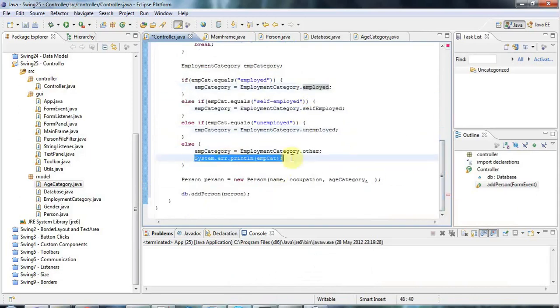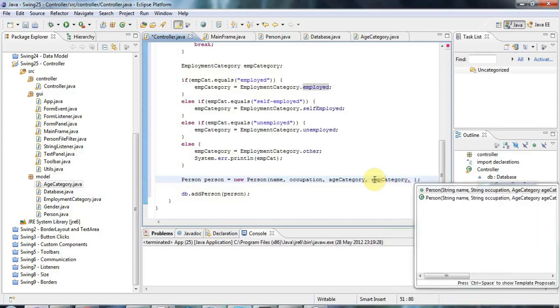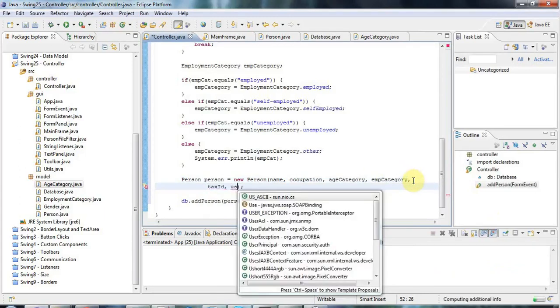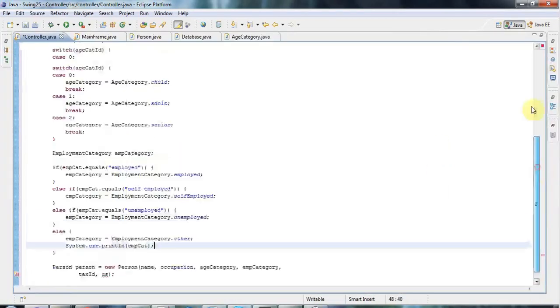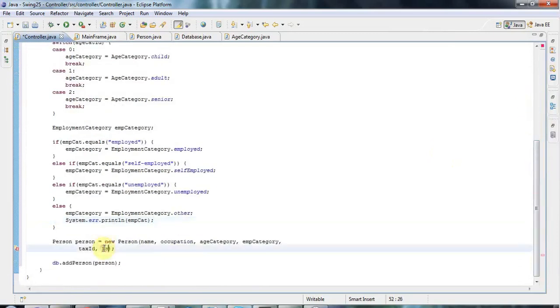So System.err prints kind of red text down here in the console. And now I can add empCategory to this constructor, and let's take a look at what else I need in here. So I've got employment category, tax ID, US citizen, gender. So let's have here taxID, US, let's see what I called it up here. Let's maximize the editor with Control M, and I called it isUS. So let's put in here isUS, true or false,